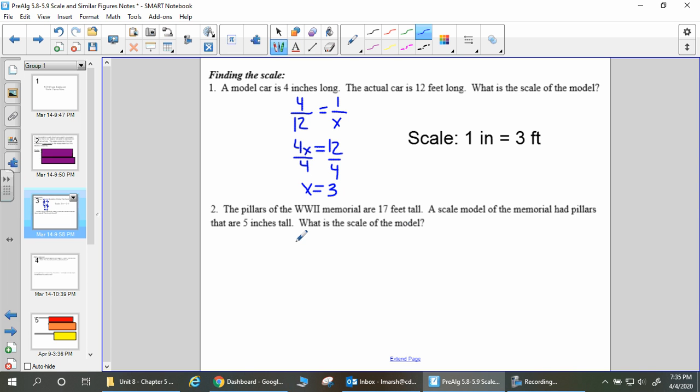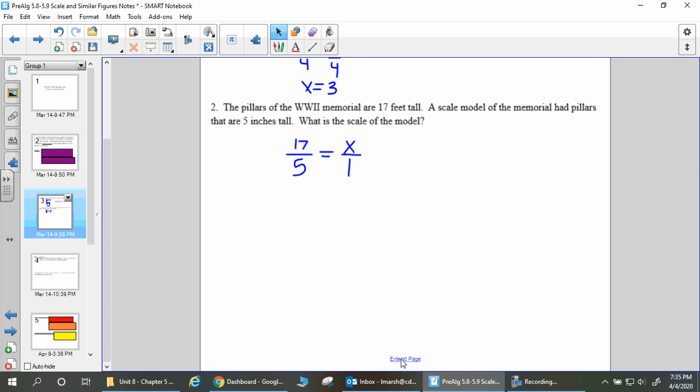So if the memorial is 17 feet and the model is 5 inches, our other fraction, we want the model to become 1. We want to know what would that be in real life. And so if I slide this up, that means I'm taking 5 times x and 17 times 1,